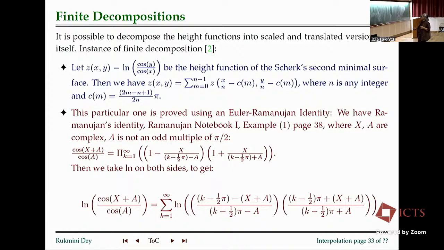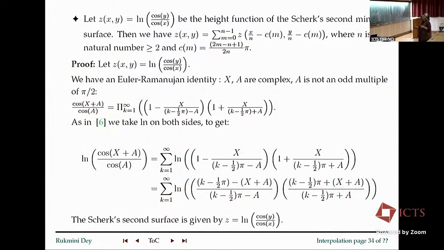And we take ln on both sides. Well, the sum has to converge. You have to see that this sum converges. And then, so z of xy is this. So we can turn it into a finite sum. How do we turn it into a finite sum? So we write this equation,